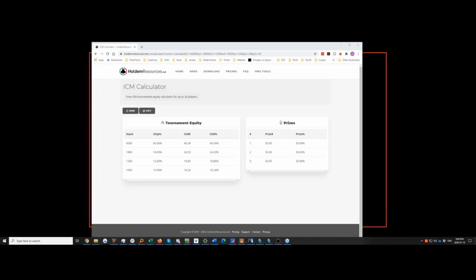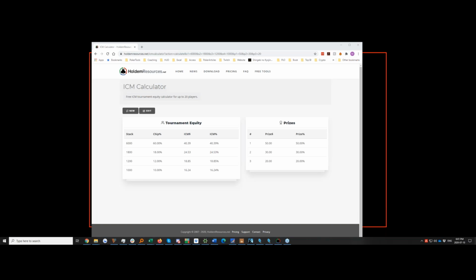Okay, I'm going to assume that a lot of you are familiar with ICM concepts so far. If not, I will just give you a quick overview. Basically, ICM stands for Independent Chip Model, and is a model that has been used for players over the